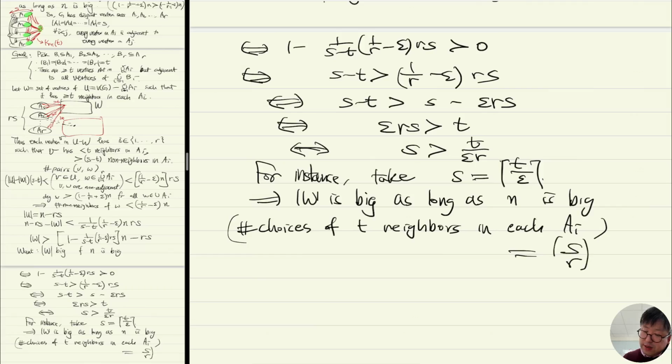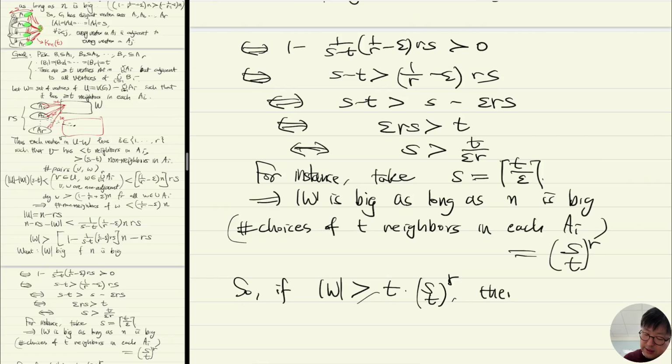Right, S choose T to the R. So what does that mean? So if W is bigger than T times this number,